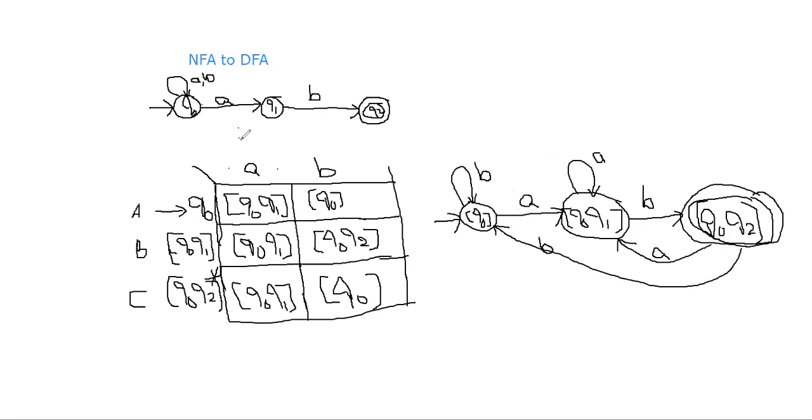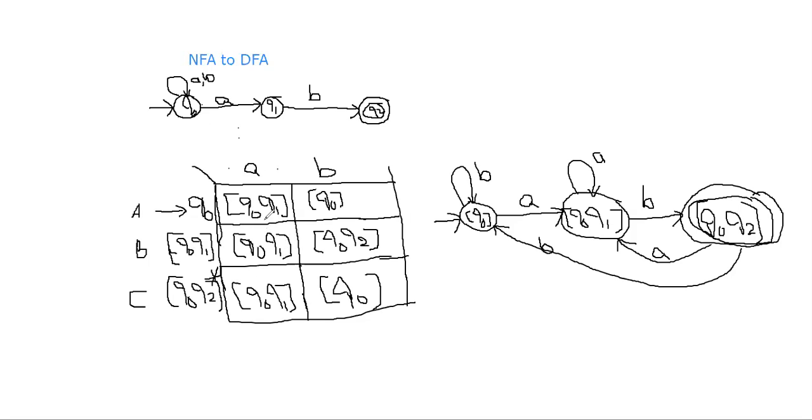Even if you take any NFA diagram, first take the initial state of the NFA as the initial state of the DFA and apply all the symbols. Whatever output states you get, identify which are new states. Here we got Q0 as one state and Q0 Q1 as another state. This is a new state because we get more than one state as a result on a symbol, so make that particular combination a single state, but apply transitions on it independently: delta of Q0 on A, delta of Q1 on A, and combine the resultant states.